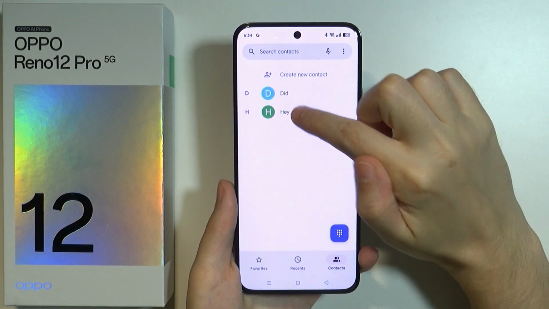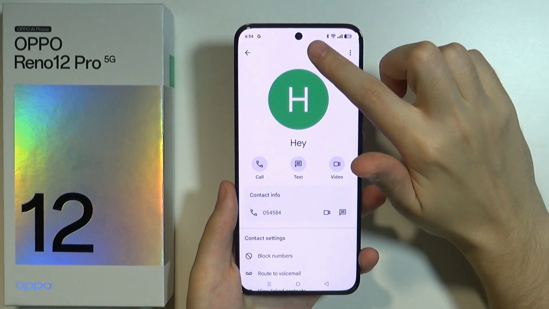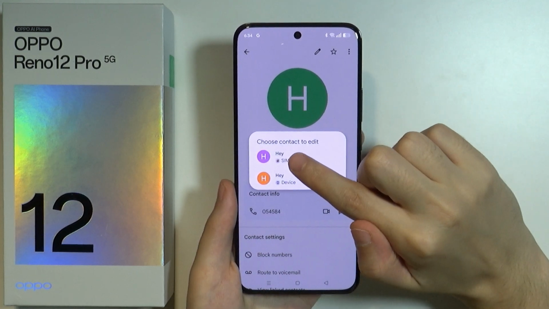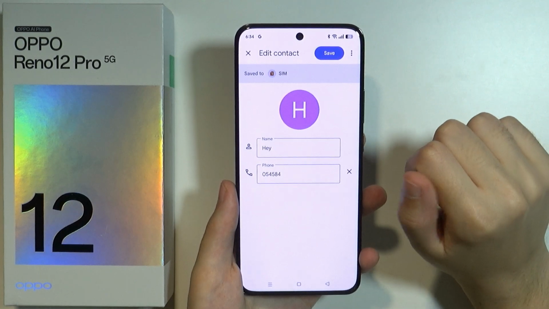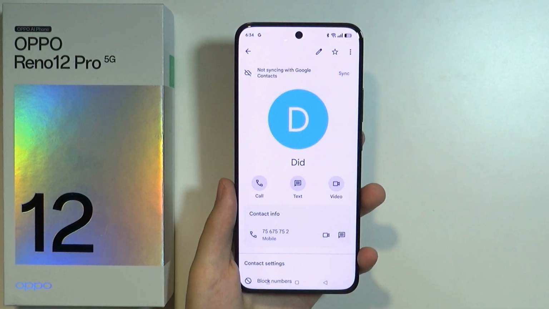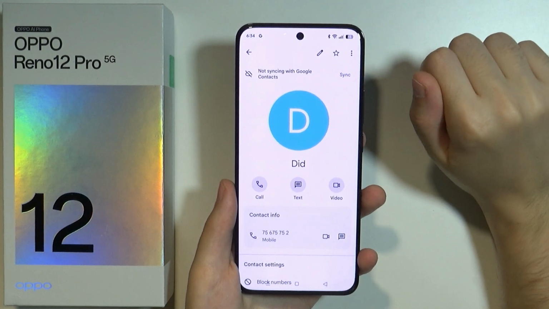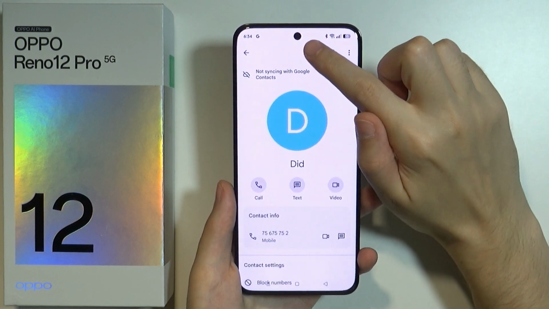However, you need to know that in order to add a photo to a contact, the contact must not be saved on a SIM card. If the contact is saved on a SIM card, you cannot change the photo. However, if the contact is saved on the Google Contacts or on the device, then you can press this pen